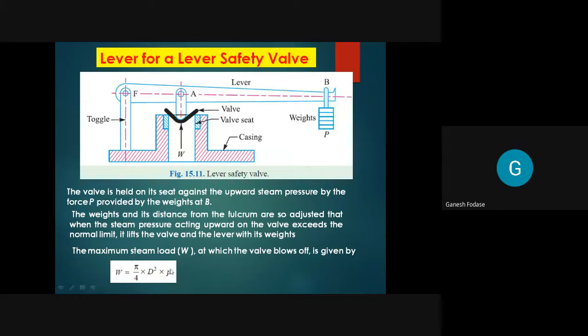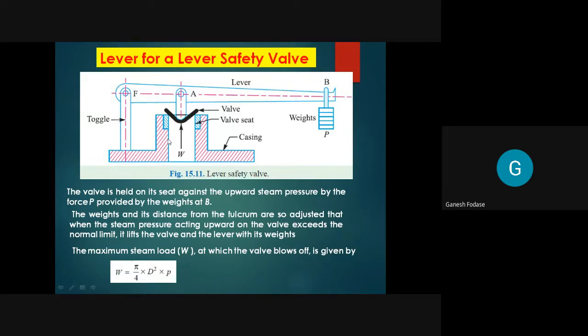Now, how much pressure acts? Remember, this P is not this capital P. This capital P is weight applied, while this small p is pressure acting from this side. Getting what I'm saying? Pressure acting in this region. Capital P is load, while small p is the pressure. And into area. How much is this area?